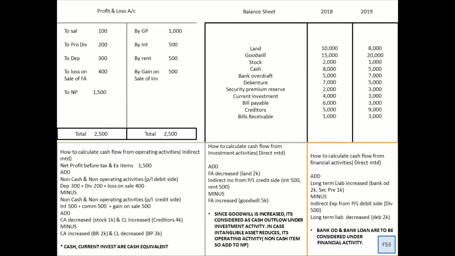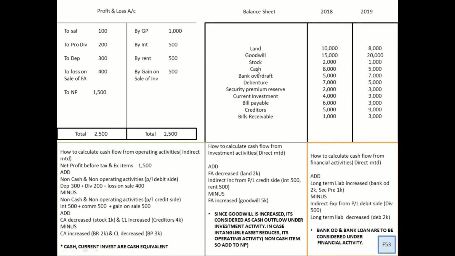Now if an asset reduce, what does that mean? It means that you must have sold the asset, so the cash has come in. Okay, so cash has come in. Same thing, goodwill has increased. Your asset has increased. So what does that mean? If goodwill increases, that means you have purchased your asset. That means cash has gone out. So this way you can understand everything, and this is how you're going to scrutinize your balance sheet.